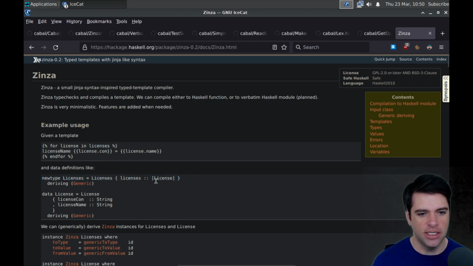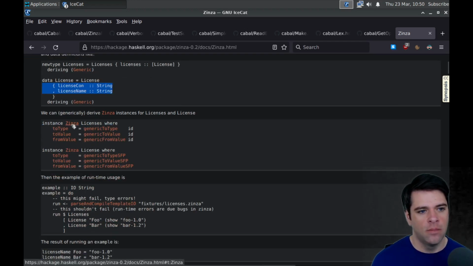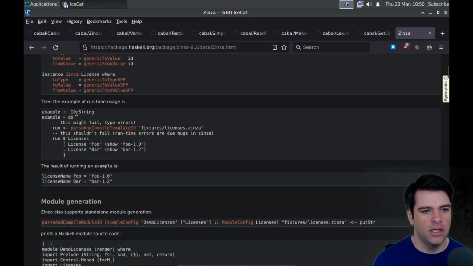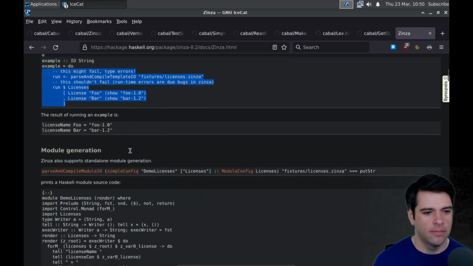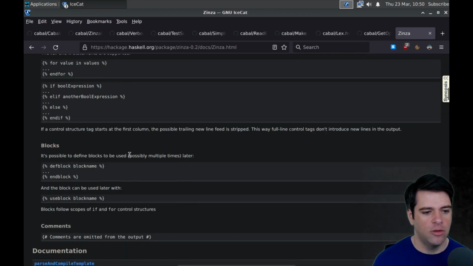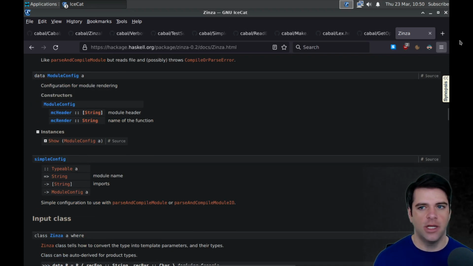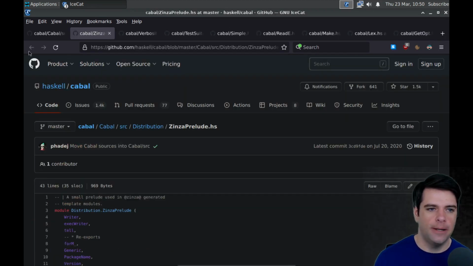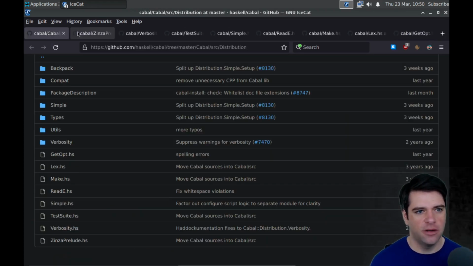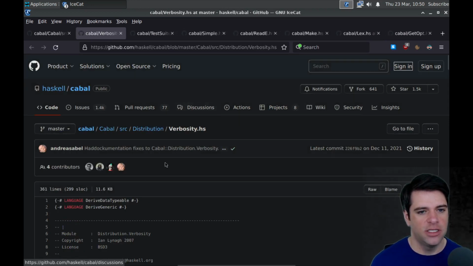Licenses is a list of license, and a license is a thing that has a license con and a license name. And we have some other boilerplate stuff, and then we see how to use it. I don't know if it shows us what the expanded template looks like. But that's Zinza. It's some sort of template expander in a similar vein to Jinja.